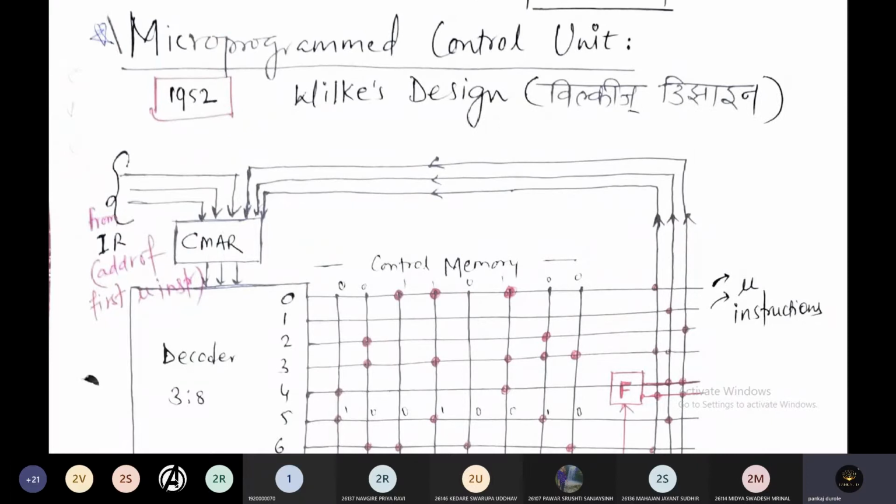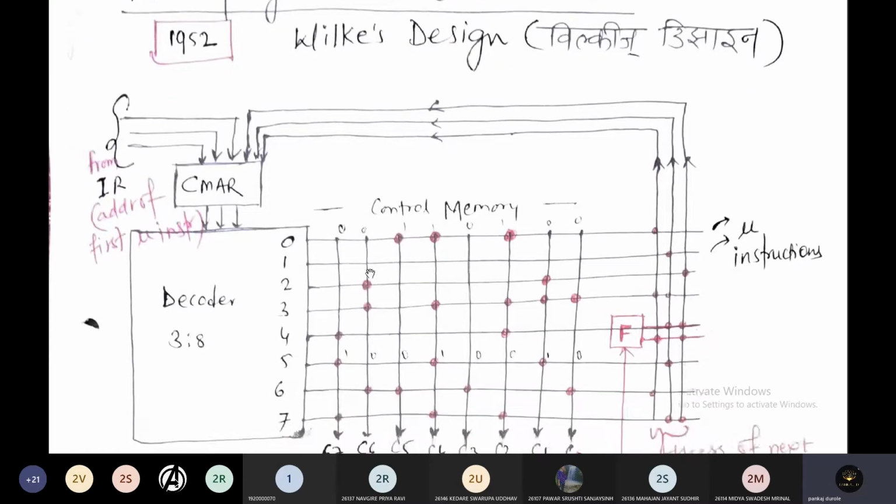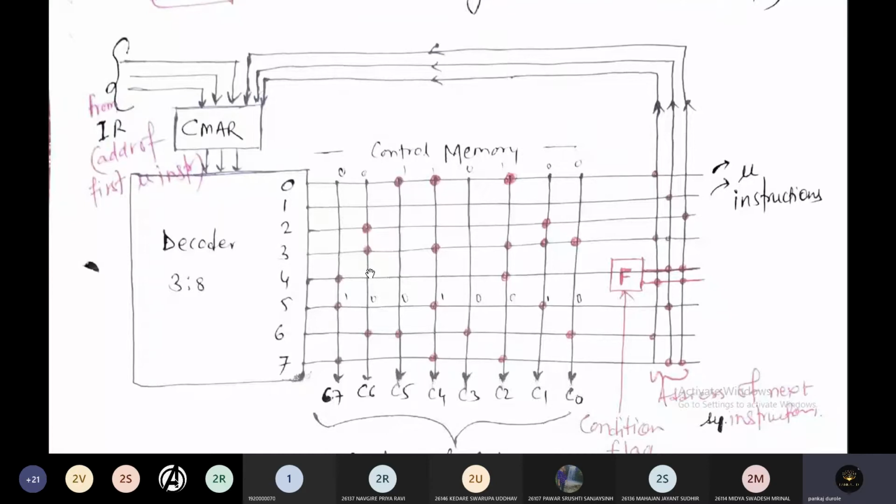The microprogram control unit was developed by a scientist, Wilkes, so it is called the Wilkes design. It was developed in 1952. The diagram which appears in front of us, this diagram